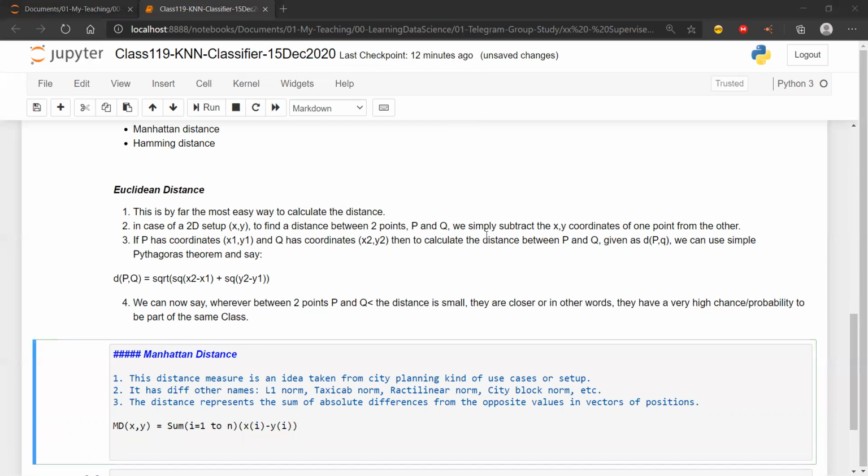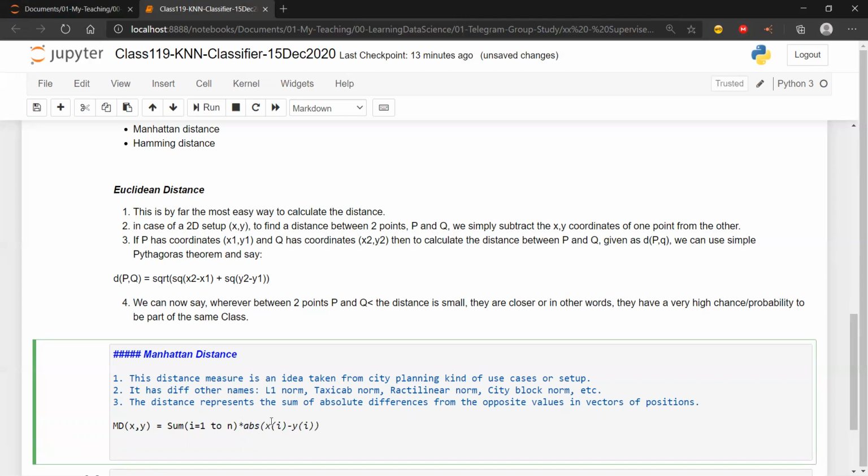So in the above case, the only difference that I have from Euclidean is that this value which I have inside the bracket is the absolute value.